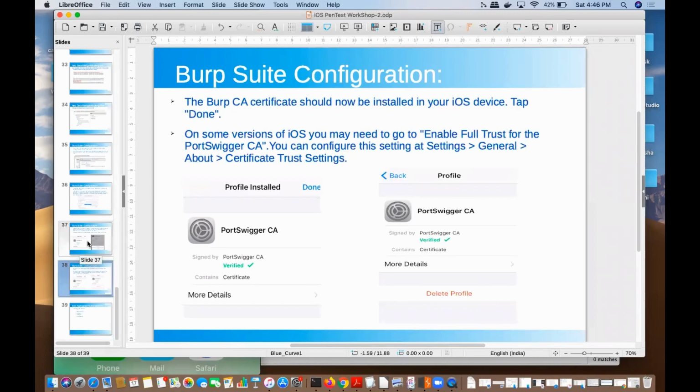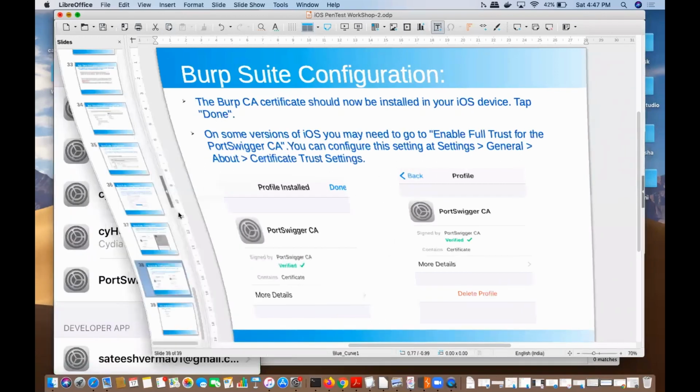All right, so sometimes when you install this Burp certificate, you need to configure it in the iOS device. So basically you need to trust the certificate, because this CA certificate is not trusted. So for capturing the HTTPS requests, you need to navigate to your settings, then general and about certificates. I will show you here. So what you have to do,